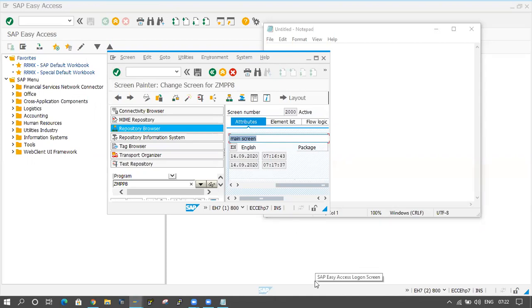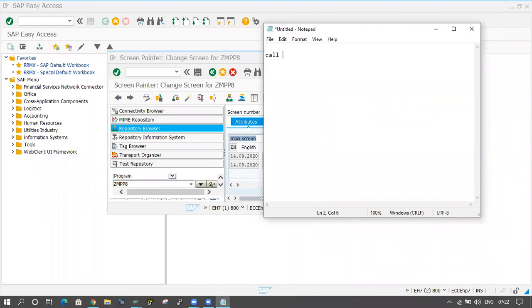All these things we have to maintain, like call screen, starting at 1 1 and ending at 50 60. This is the top and left side, and this is the bottom and right side. So we have to call the screen like that.